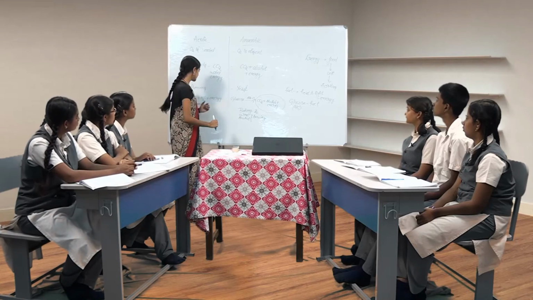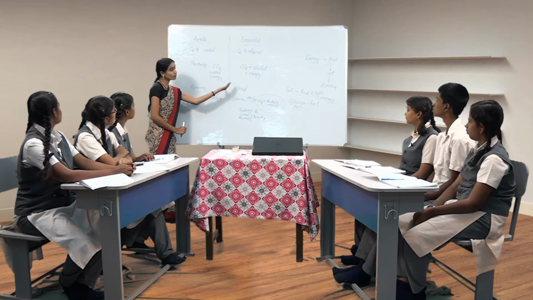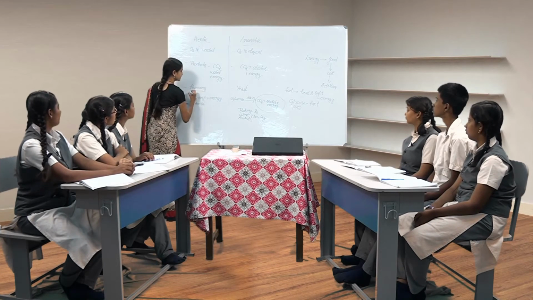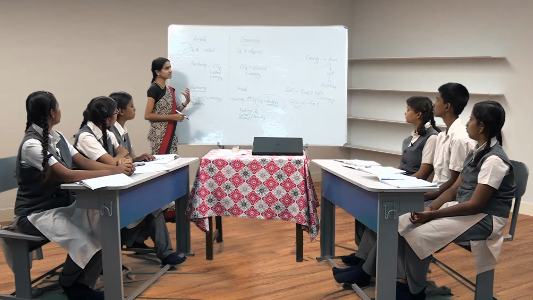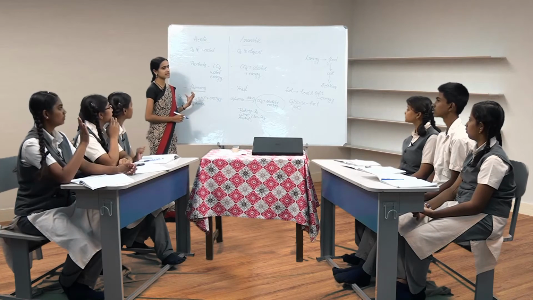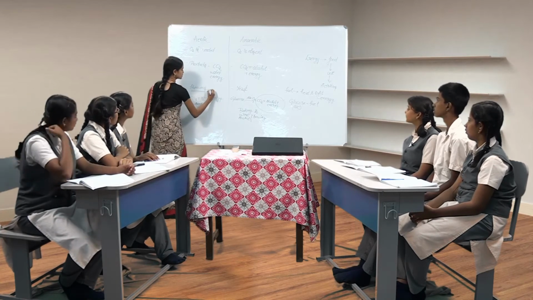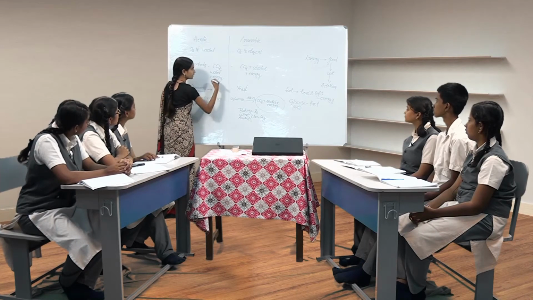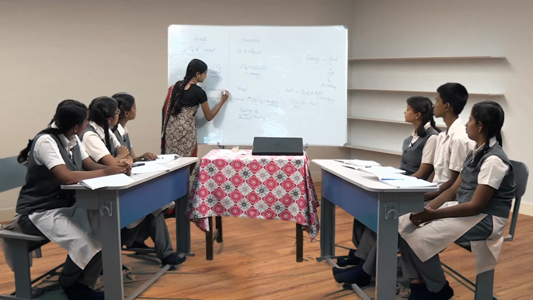Now you tell me, in human beings, have you seen anywhere where anaerobic respiration is happening? We said that humans are examples of aerobic respiration. Have you seen anywhere in our human body where anaerobic respiration is happening? Yes, ma'am. Where is it? Ma'am, muscle cramps. Okay, very good. So humans are not only an example of aerobic respiration, we can have anaerobic respiration also, because we have anaerobic respiration in our muscles.